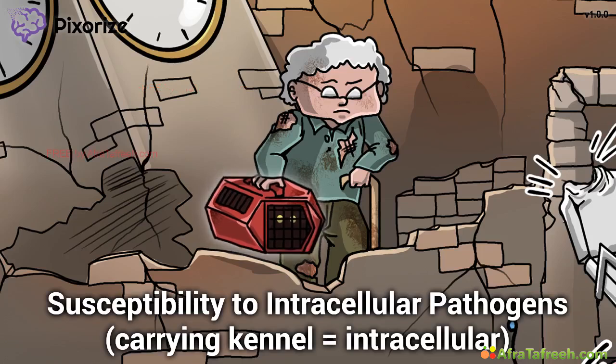This pet inside the kennel is our symbol for intracellular organisms. Again, IL-12 receptor deficiency is characterized by susceptibility to intracellular organisms. This happens because of impaired Th1 cell production and reduced macrophage activation, which is dependent on IFN gamma signaling. Th1 cells coordinate many types of cells, including cytotoxic T cells, NK cells, and macrophages to fight these intracellular infections,